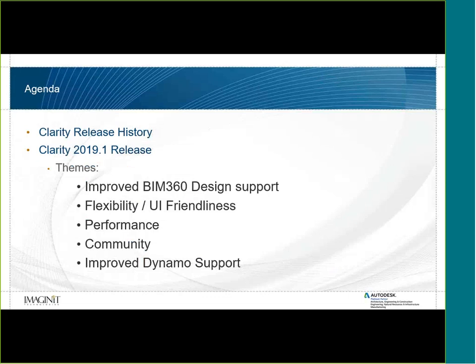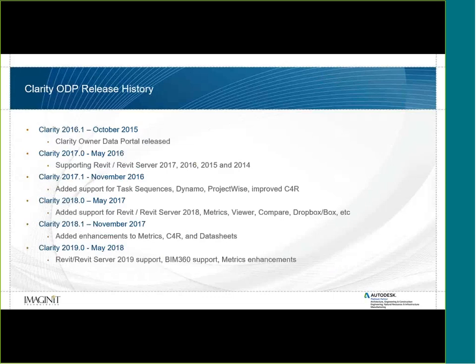So from there, just straight into it all, Clarity ODP has been around for a little while. We originally released Clarity, the ODP module, Owner Data Portal module, in 2015. Clarity has been around for years before then, but that's when ODP really made its first picture into the Clarity world. Starting to move forward and getting different versions of Revit Server, adding some support for collaboration for Revit, different things with model metrics, which helps you understand the health of a Revit file that you might be taking into your environment, support for different types of file sharing mechanisms, Dropbox, Box, SharePoint, and just really working on different elements with